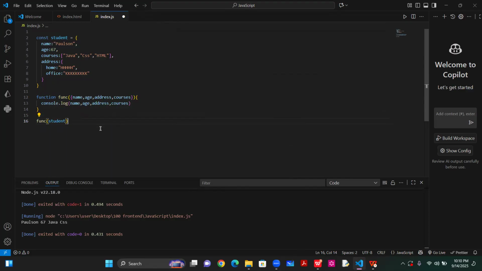Okay. Once I pass in the student object, in the function declaration I have already destructured them and I'm using them inside here. So you really appreciate this more in TypeScript. So if I run this code now, this function will be called,